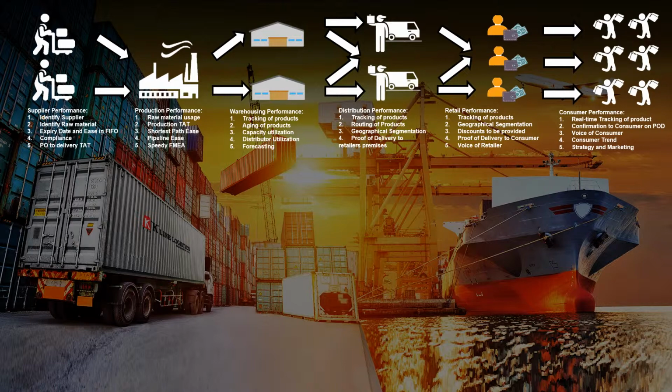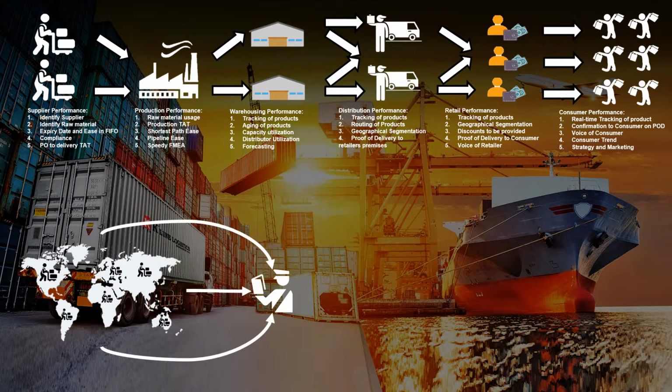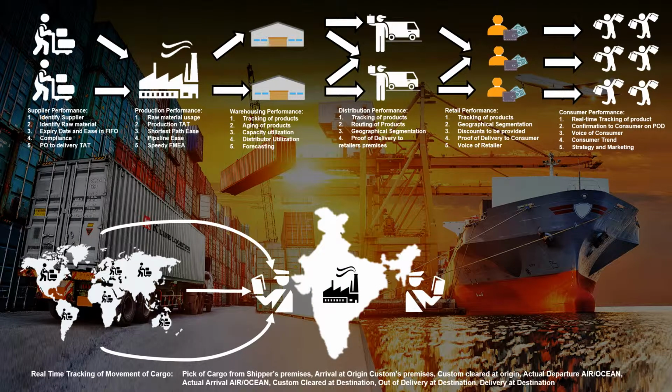So this is the domestic movement of goods. Let's see what happens in international trade or international movement of goods. The world is exporting and India is importing from the world. So what does an Indian manufacturing unit or company want to track